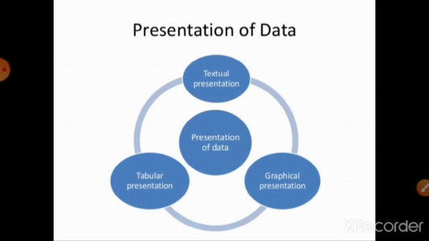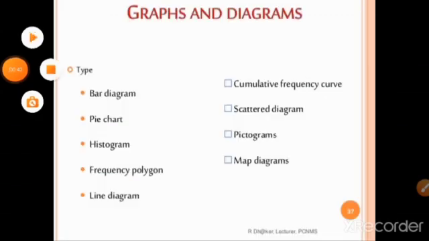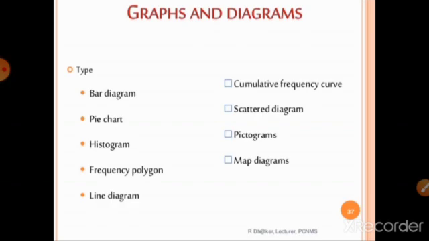In the last session, we discussed chapter 4 in statistics, presentation of data. We discussed the major forms, that is the textual presentations and the classification of tabular presentations. What are the objectives of tabulations? And parts of an ideal table. What do the parts of a table consist of? All these things we have discussed, and we have also discussed the diagrammatic representation, that is graphs and diagrams, and the types we have seen there. So these are the types we have seen in the last classes. Now let's see all these things in detail.